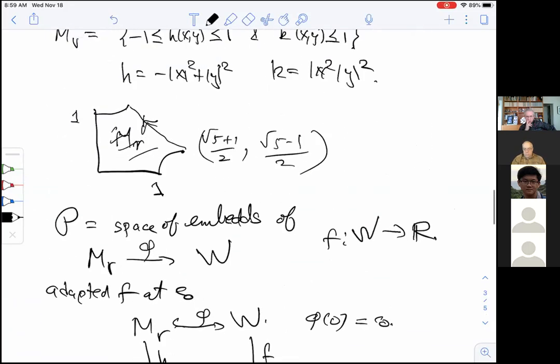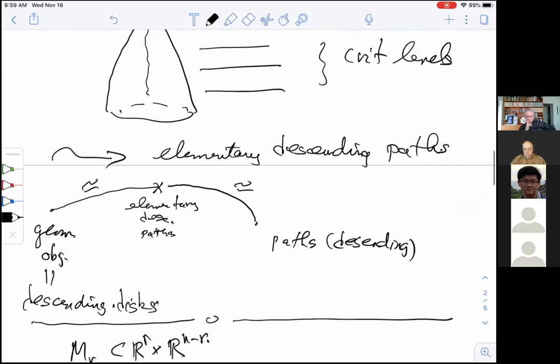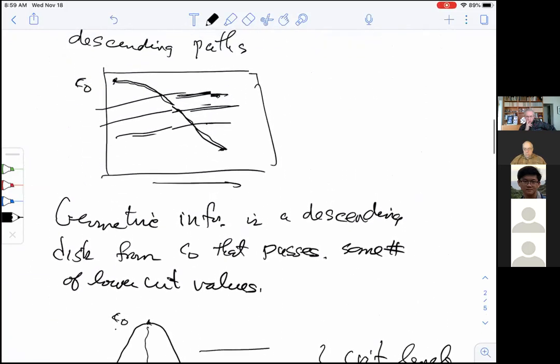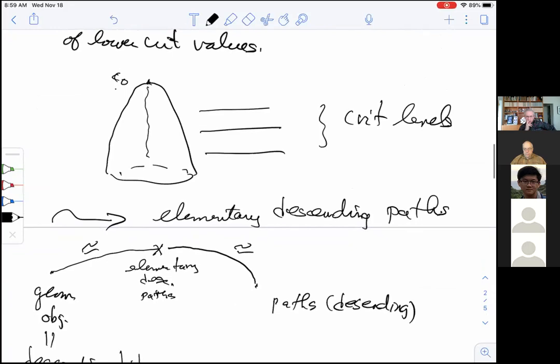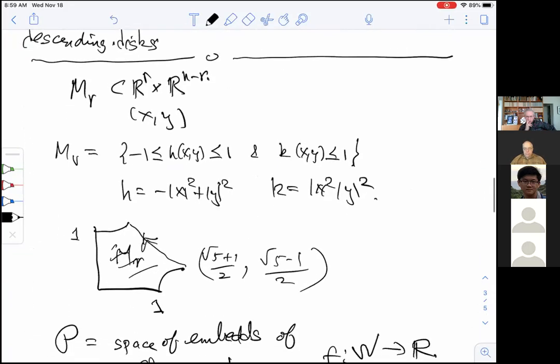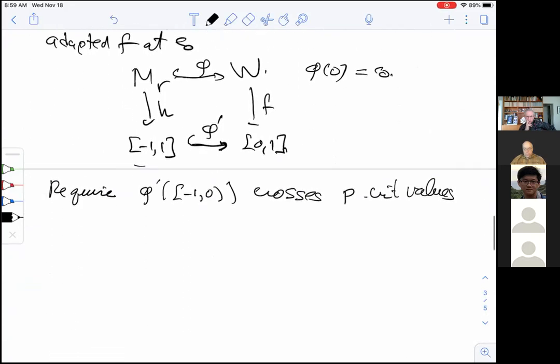So I'm interested in moving past P critical values, or in this picture, the descending disk should extend past P critical values. Well, if you have an embedding like that, then the standard descending disk